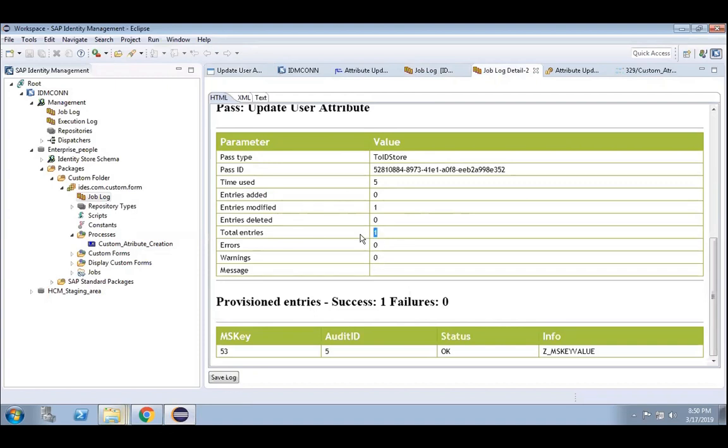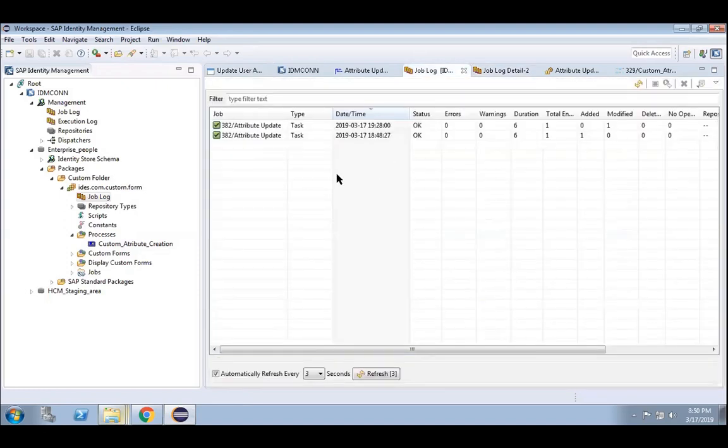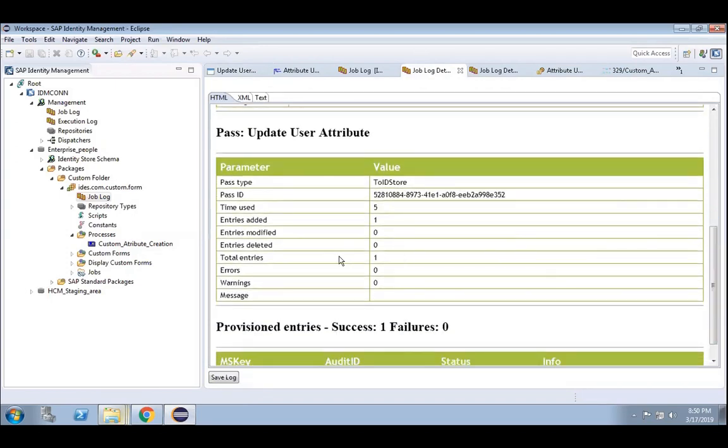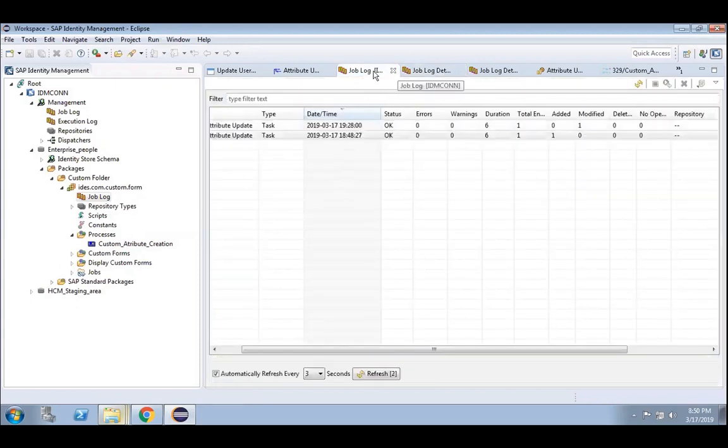Total entries 1, added 0. Added 0, because if you go to the first log, it will be showing added 1. Correct. Entries added 1. So I clicked on modify, and that is why it was showing modified 1. So what is the problem?